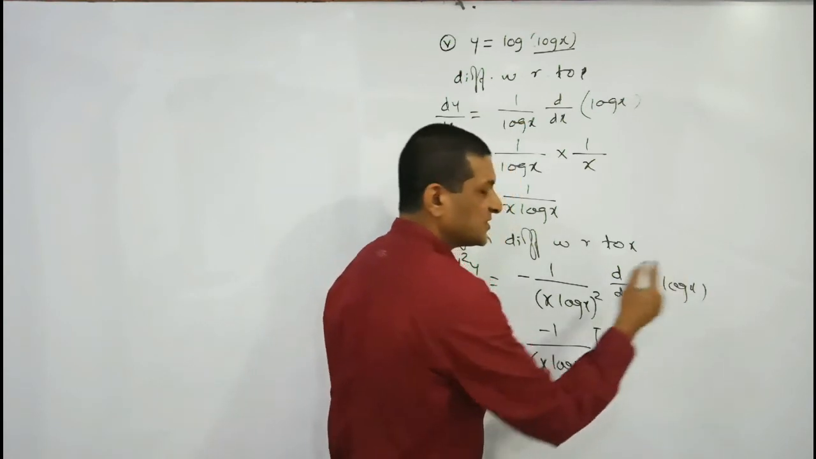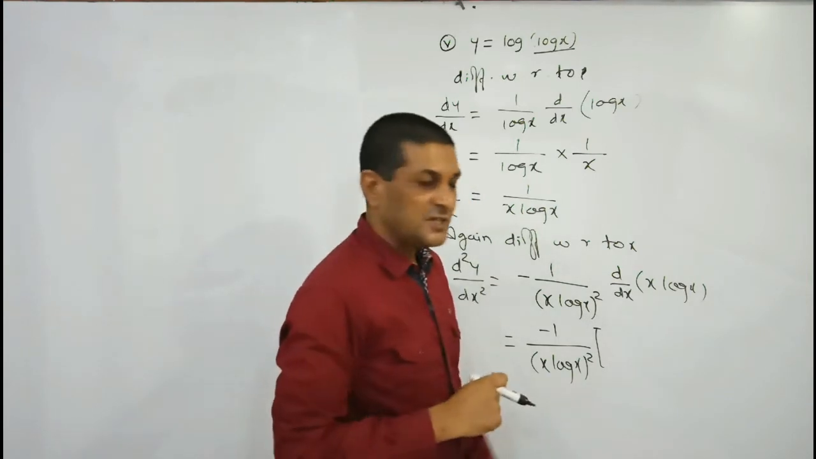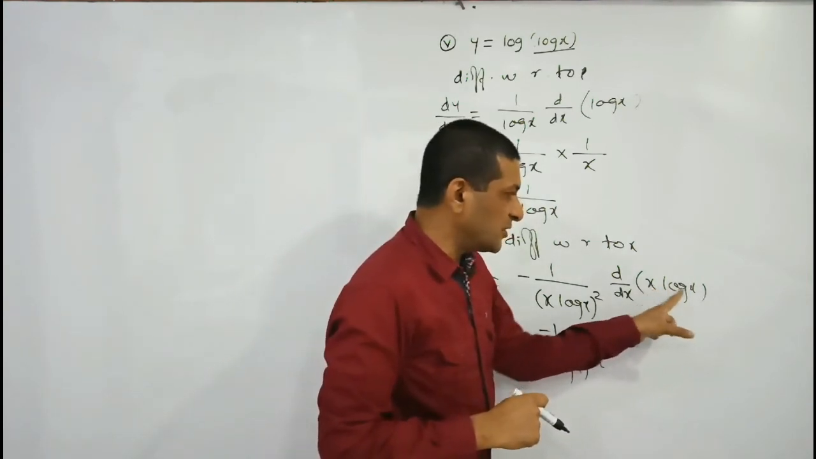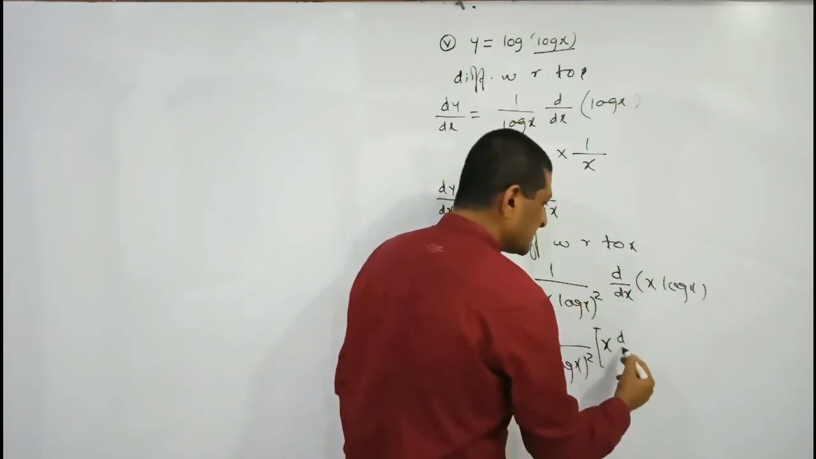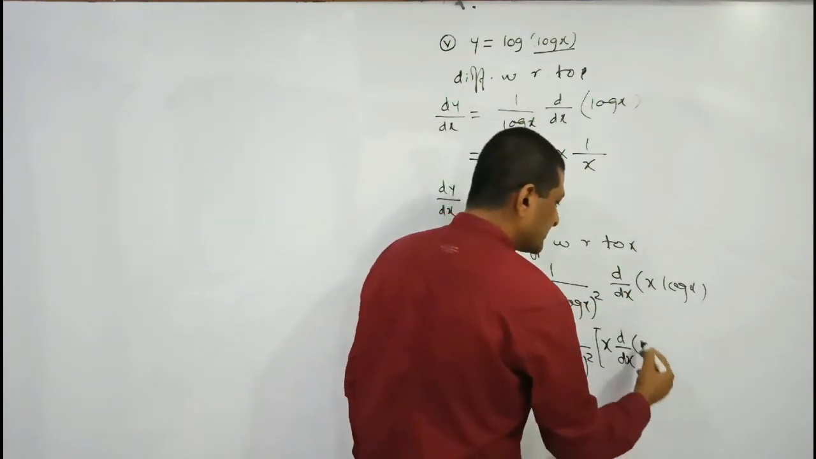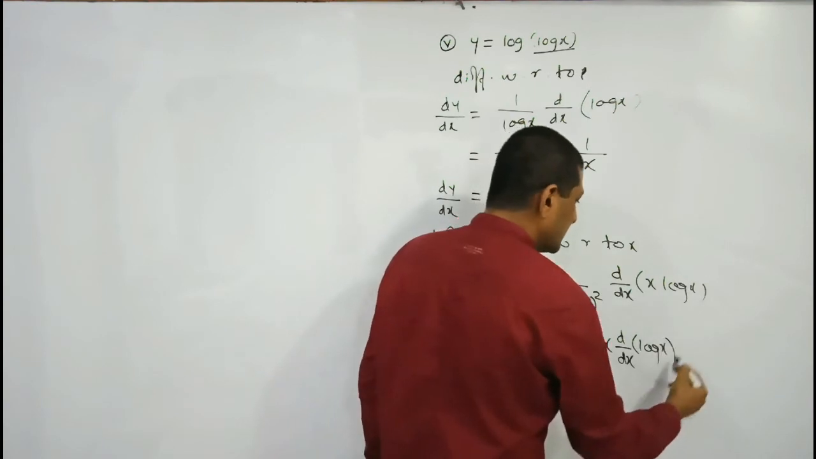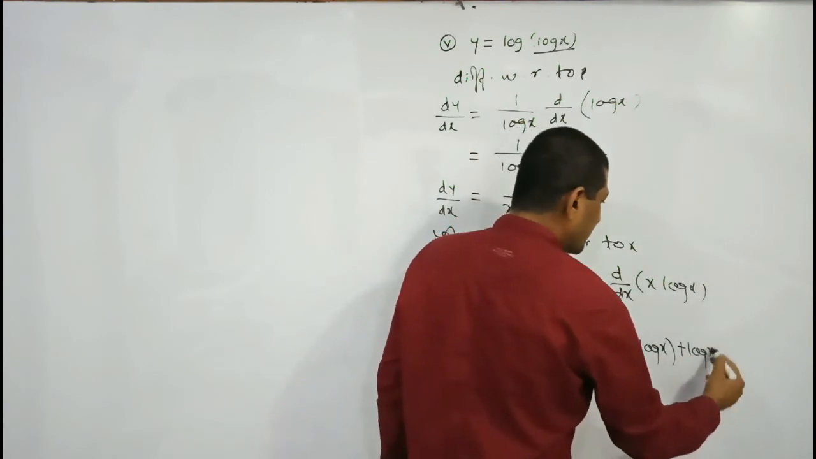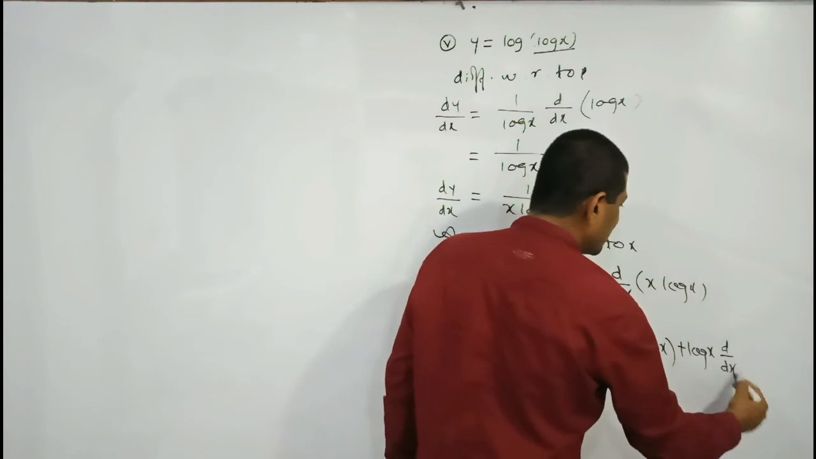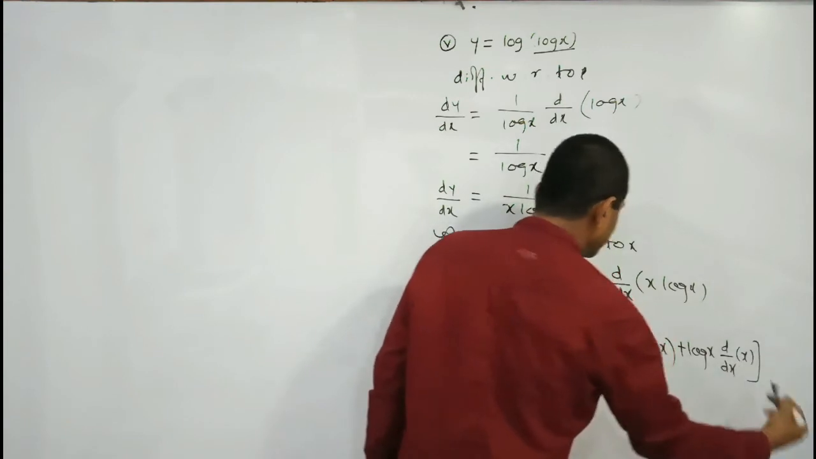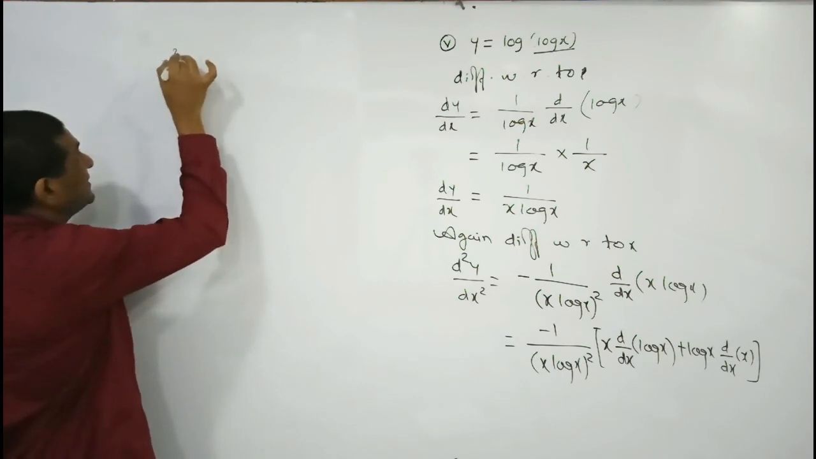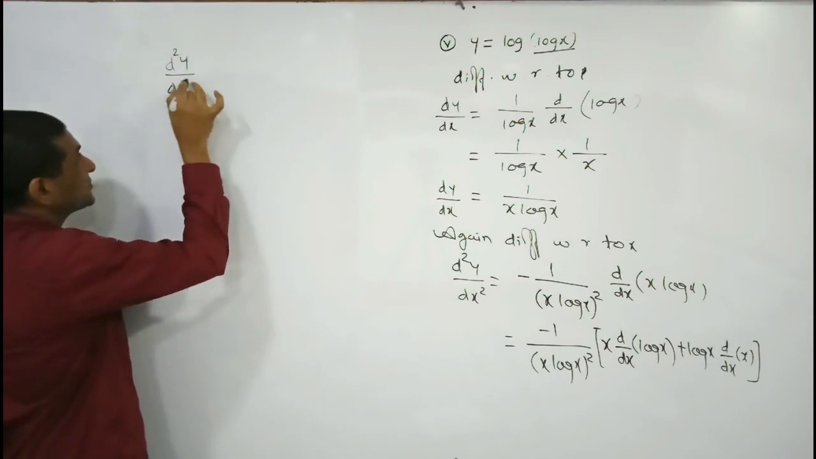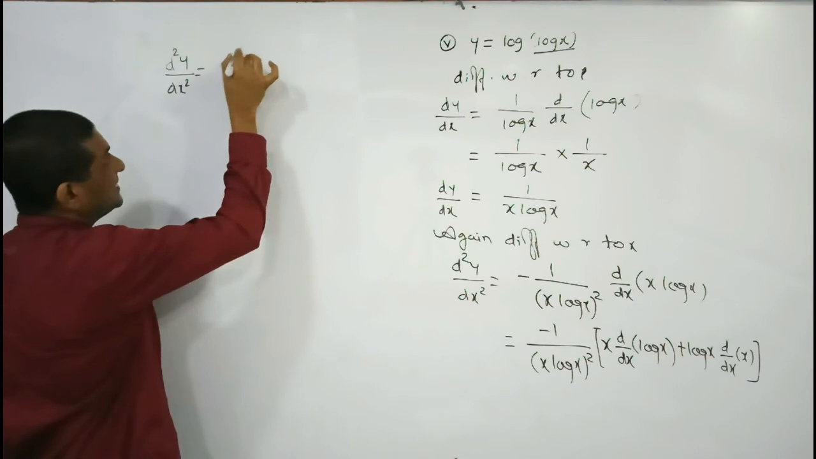Now we are finding its differentiation. The differentiation here can be found by applying the product rule, because a product of two functions is there. According to the product rule, keep the first term as it is into the derivative of the second term. What is the second term here? Log x, plus the second term as it is, meaning log x as it is, into the derivative of the first term. What is the first term here? x, isn't it? So the value of d2y upon dx square will be equal to minus 1